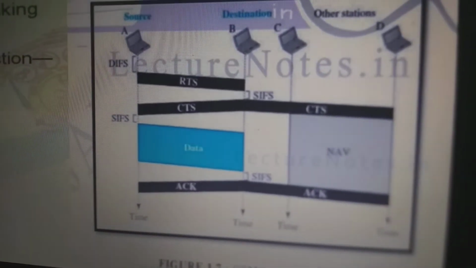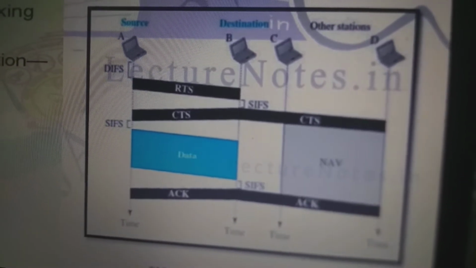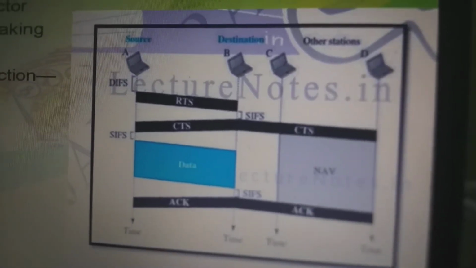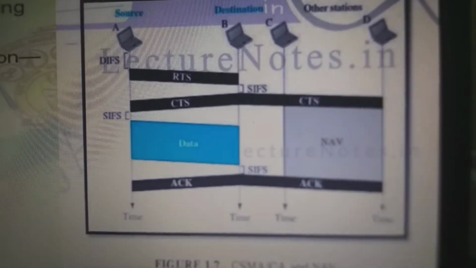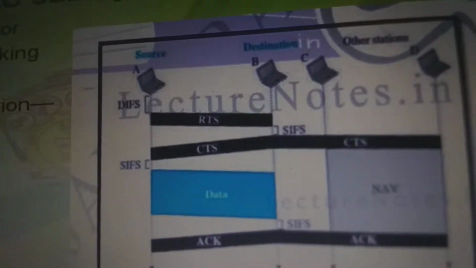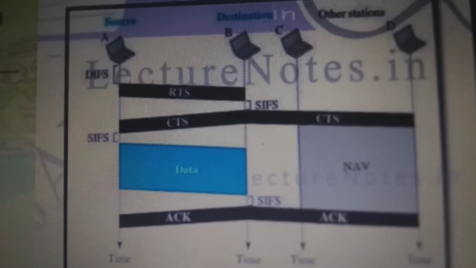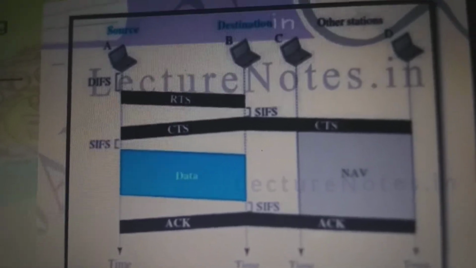When a station sends an RTS frame, it includes the duration of time that it needs to occupy the channel. The stations that are affected by this transmission create a timer called NAV. This shows how much time must pass before these stations are allowed to check the channel for idleness.